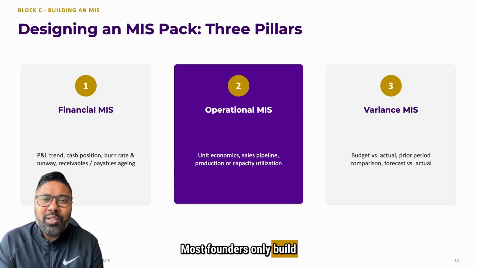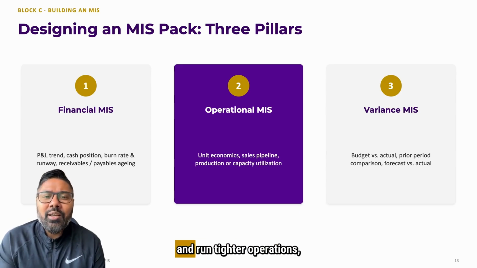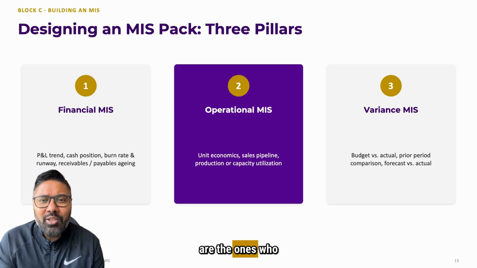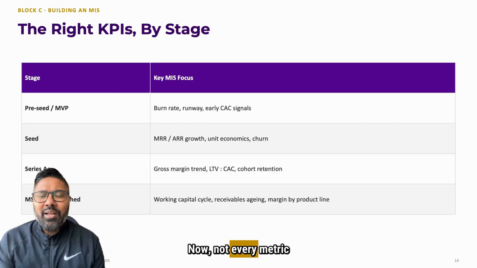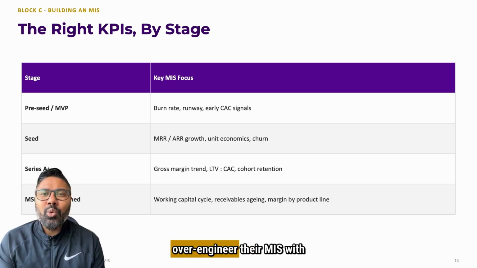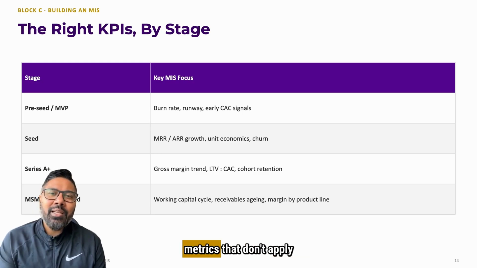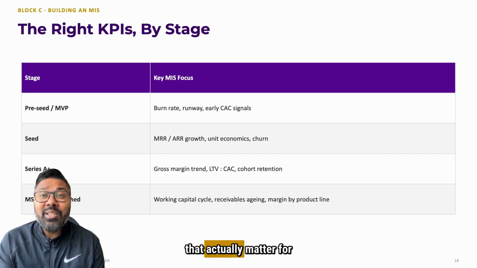Most founders only build the first pillar, financial MIS, and stop there. In our experience, the ones who race faster and run tighter operations are the ones who build all three because together they give you the full picture, not just what happened, but why and whether it matches the plan. Now, not every metric matters at every stage, and this is where I see founders either over engineer their MIS with metrics that don't apply yet, or under engineer it and miss the ones that actually matter for where they